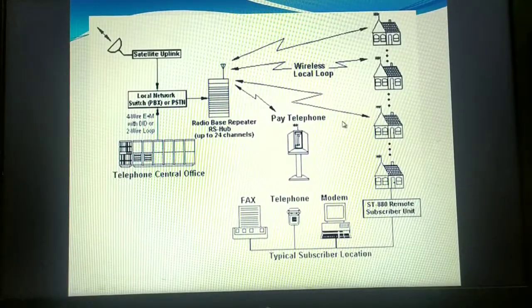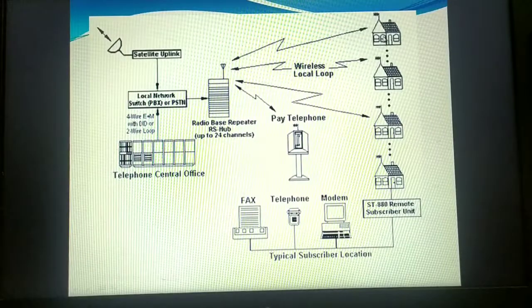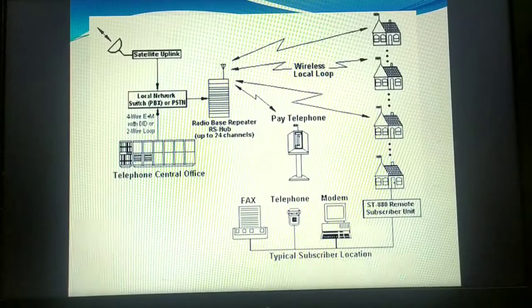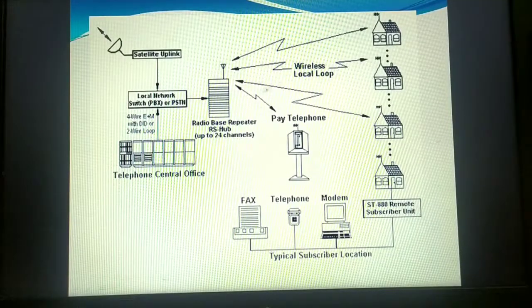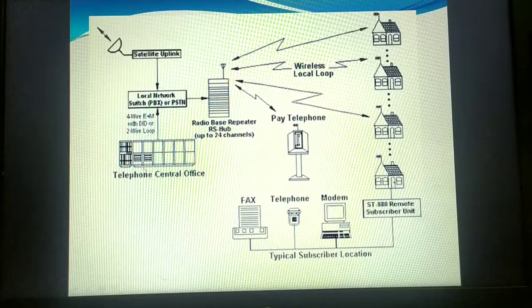So when the calls are being made from the telephone, the signals are sent first to the base station. These signals are sent to the base station for the connection, which is subsequently established through a switching center. So this base station will send those signals to the switching center. An incoming call will be identified by this switching center and it will route those signals back to the